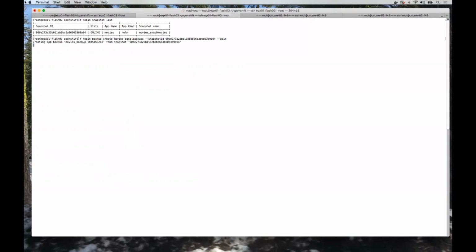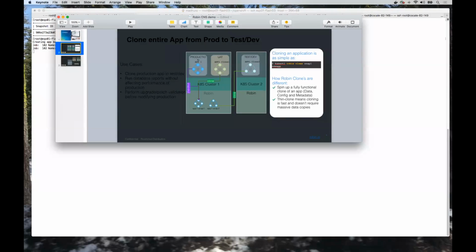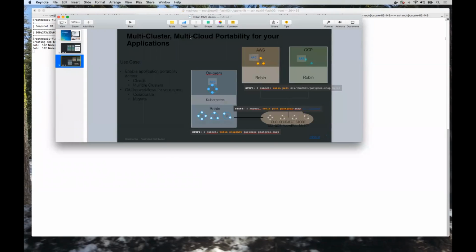Next, let's create a backup. For backup, we need a snapshot ID. So let's do Robin snapshot list. Let's grab the snapshot ID from here, and then create a backup by providing the snapshot ID. Okay. So what is happening now is